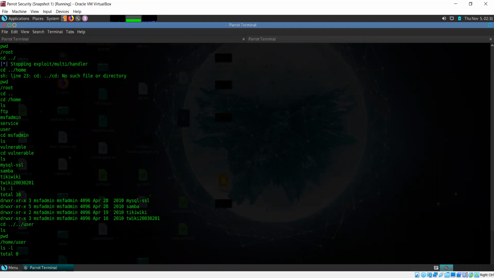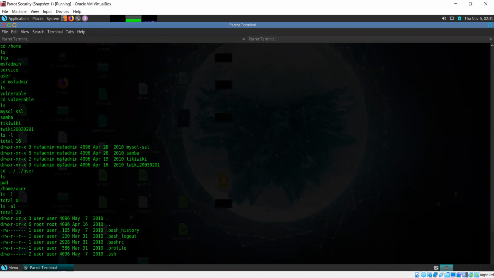Sir, once type ls -la, sir. LA will show you the hidden files as well. We can see .ssh files over there. SSH files and directories are also visible here, but they are of no use to us in this particular scenario, because we are already able to log in as root. So why would I need someone's SSH keys?